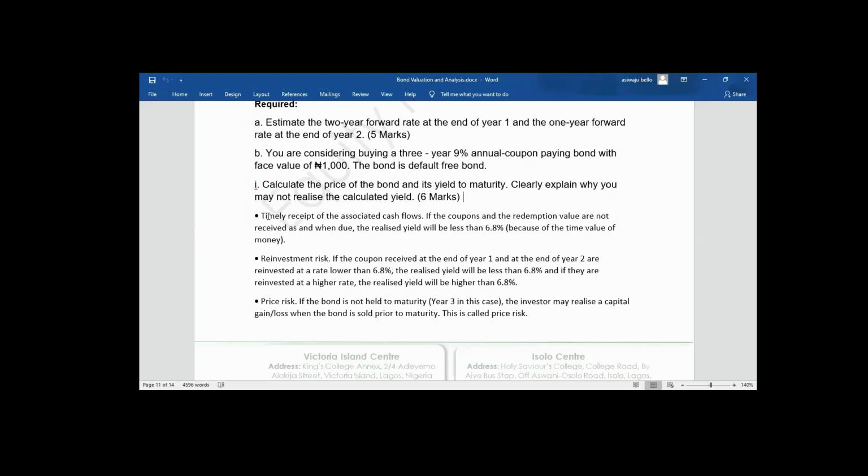The expectation is that you are going to get interest at the end of year 1, and you are going to reinvest it at the yield to maturity. If you get the interest at the end of year 1 and you fail to reinvest at the rate of YTM, then your realized yield will not be the same as